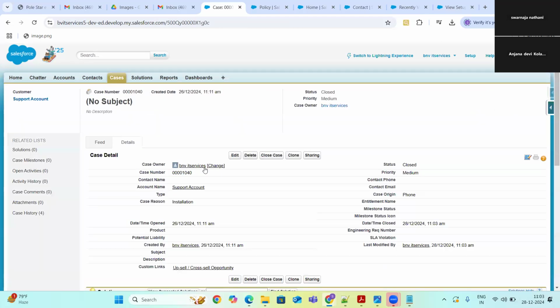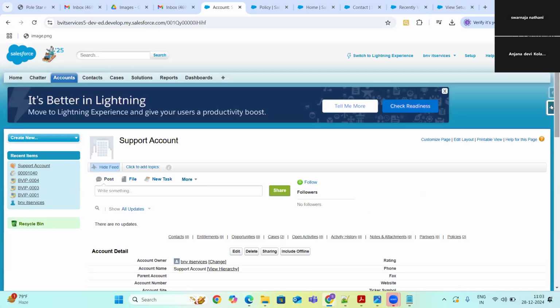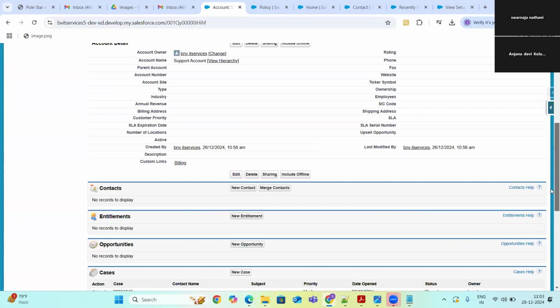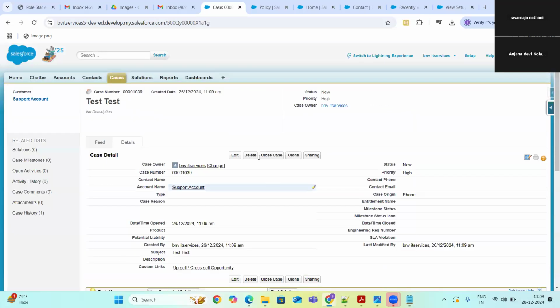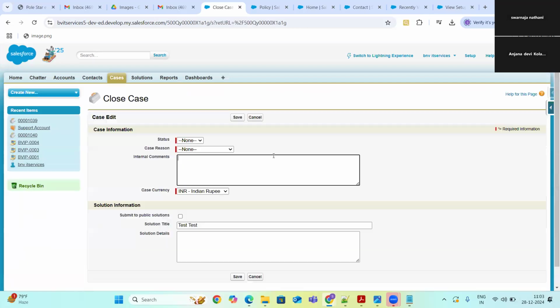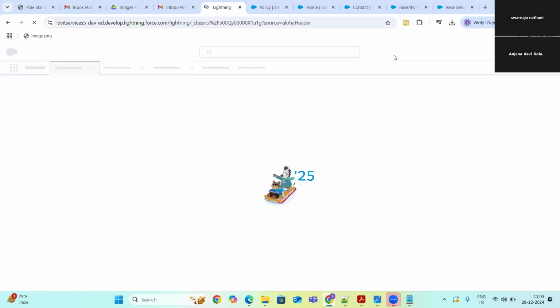And I close this one. Again, I am going to an account, and I'm going to my cases. So close case, closed, installation, save. Okay. Switch back to Lightning Experience.